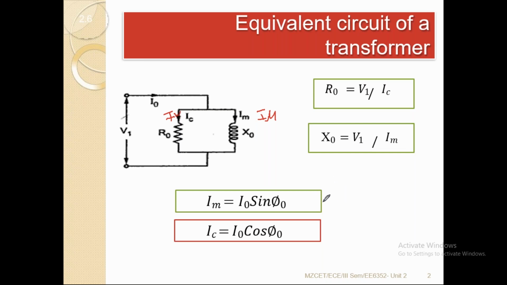From here you can solve this equation if you know the power factor from the wattmeter. By knowing the wattmeter power factor, only then can you calculate the core loss component and the magnetizing component. So what did we find in the OC and SC tests? In the OC or SC test, we assume the power factor at different conditions: cos phi equals 0.2, 0.4, 0.6, 0.8. Based on that value, you can calculate IC and IM. After finding this equation, we need to simplify the primary and secondary as a single circuit. Let me see how that will be possible.